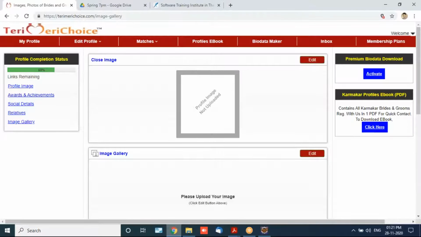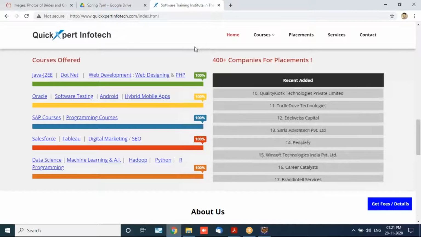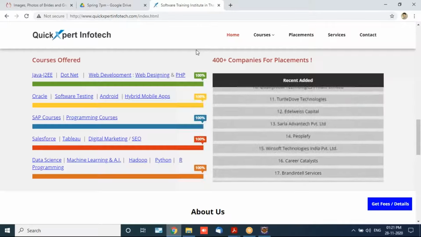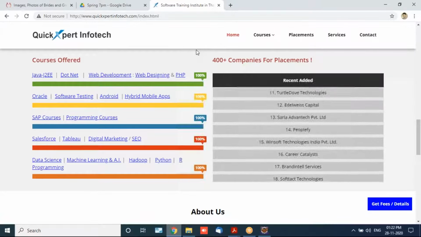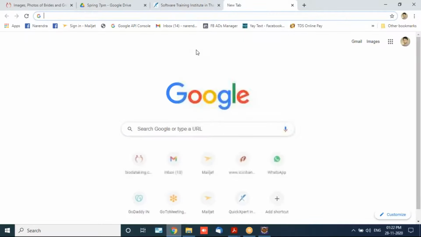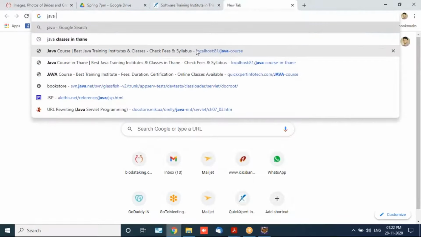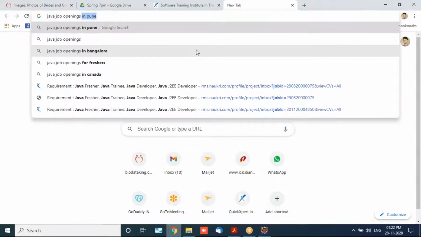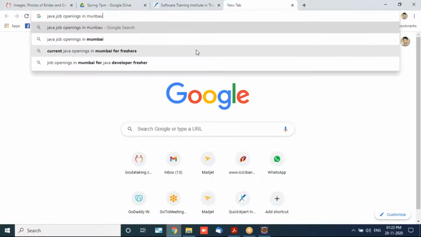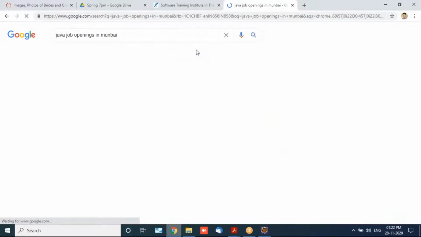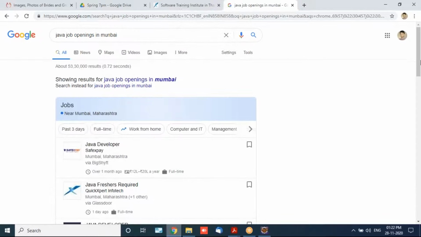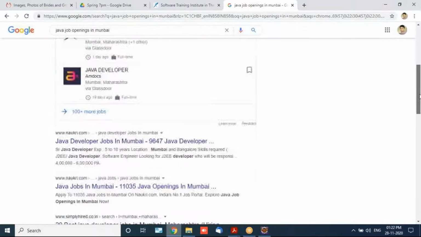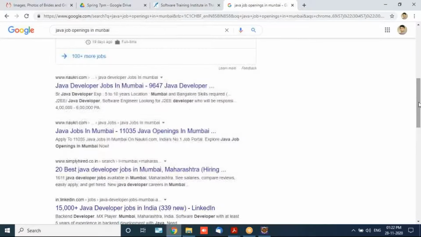Even the live project which I showed you, theorymerechoice.com, is one of our live projects, and it is built on Java. So you can see Java has ample opportunities and has been an industry leader. You can see Java job opportunities in the industry. You can even type openings wherever, in Mumbai, Pune, wherever it is. There are hundreds of Java openings. So you don't need to worry as such. There are so many Java openings in the industry on Naukri.